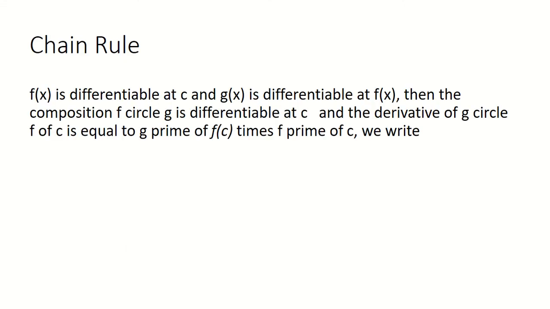What is chain rule? Chain rule is a derivative of a composite function. Say a function f of x and g of x, and f of x is differentiable at c, and g of x is differentiable at f of c. It means ang f of x naka-embed doon sa g of x. Then the composition g circle f is differentiable at c, and the derivative of g circle f of c is equal to g prime of f of c times f prime of c. So para mas maintindihan, we write g circle f prime of c, it's equal to g prime of f of c